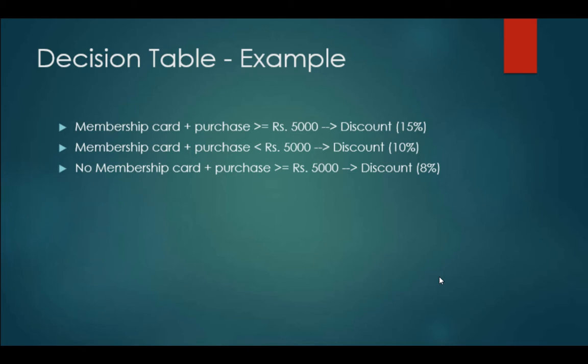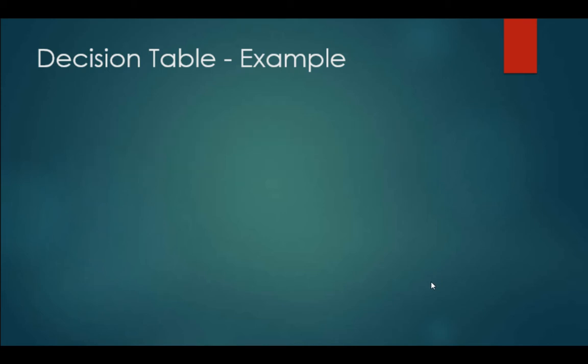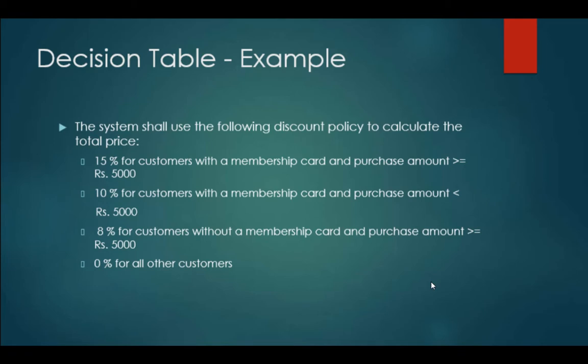multiple ways. One of these ways may be like this. The system shall use the following discount policy to calculate the total price. 15% for customers with a membership card and purchase amount greater than or equal to 5,000. 10% for customers with a membership card and purchase amount less than 5,000. 8% for customers without a membership card and purchase amount greater than or equal to 5,000, and 0% for all other customers. Now, if I had to represent this information using a decision table, this is how it would look